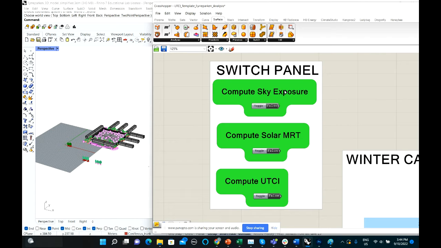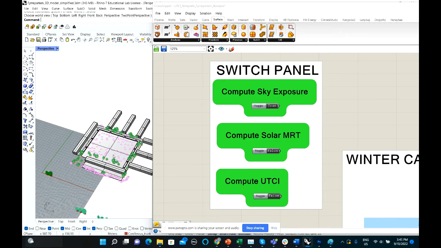Okay, so let's turn this first one, compute sky exposure, to true. When you double click on this toggle, the true only appears when it completes the simulation. Okay? There you go. So you already computed the sky exposure for all of the points. Okay? All of our analysis points,